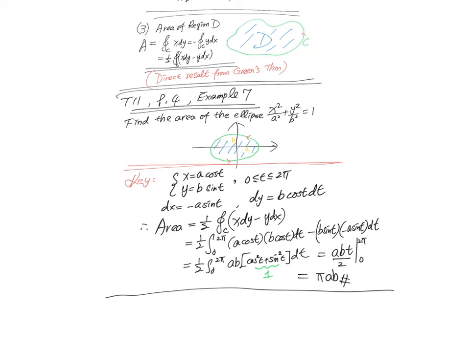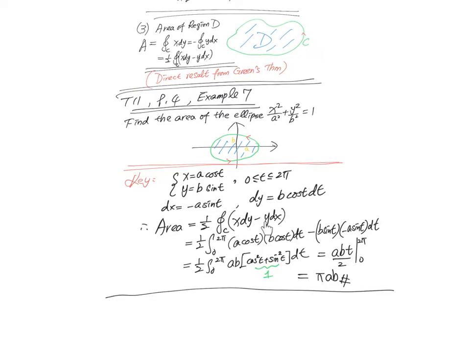Because of this, we consider x equal to A cosine t, and y equal to B sine t. So we have this. Of course, when it circles around, that means t goes from 0 to 2 pi. Therefore, dx just equals minus A sine t dt, and dy just equals B cosine t dt. Well, when we plug in all this